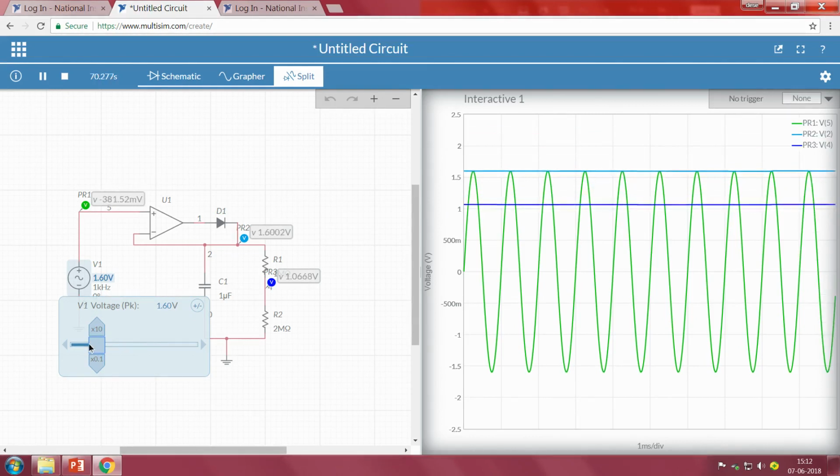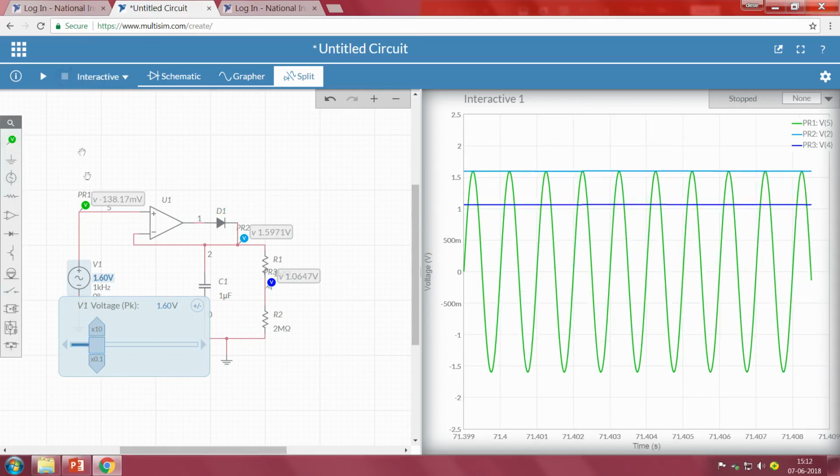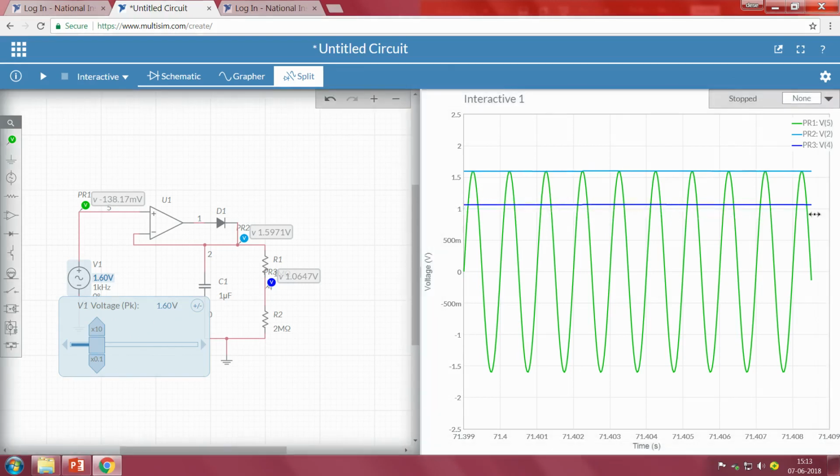Now, what is the other part? Once we understand which input signal voltages are greater than this particular threshold, only those output signals have to be passed.